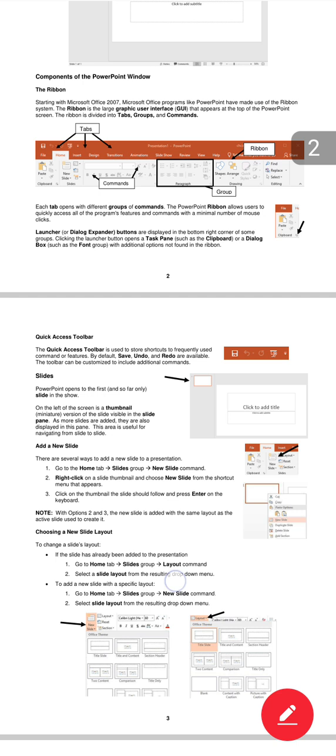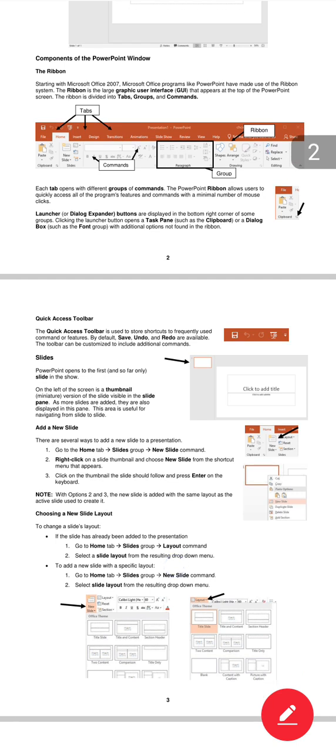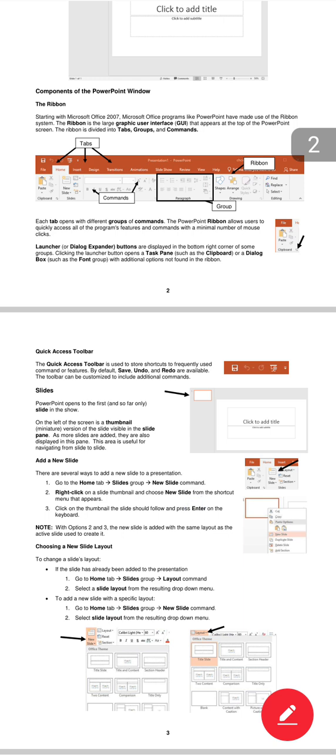PowerPoint opens to the first and so far only slide in the show. It means we prepare our lectures and presentations in slides. In contrast, in Microsoft Word we do everything in the document, on the page, and in PowerPoint presentations, we do everything in these